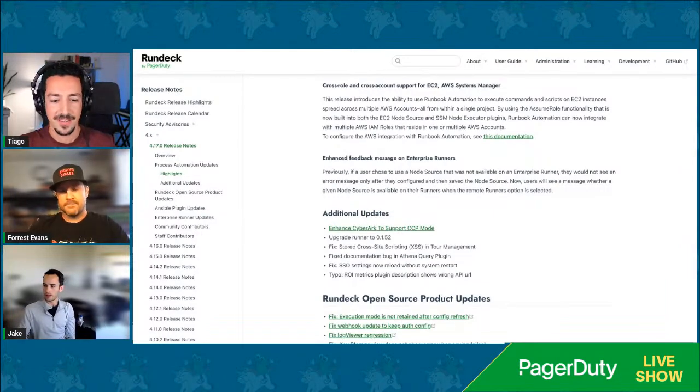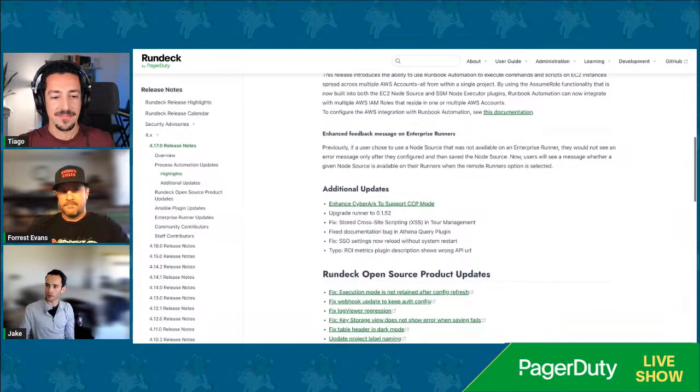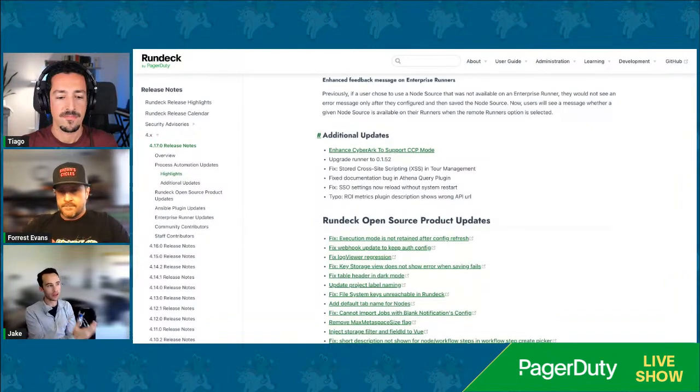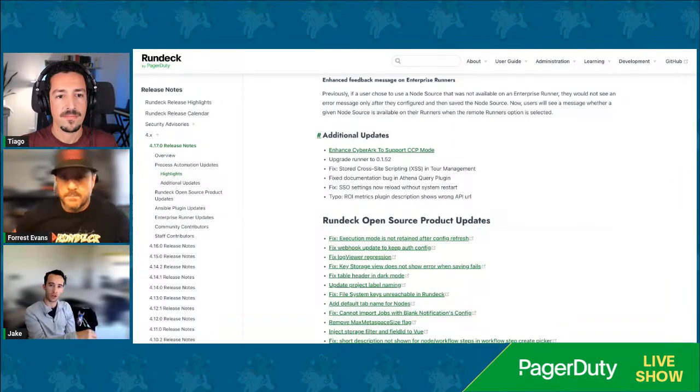Yeah. The last one here, this is the one that I referenced earlier, is more minor: the enhanced feedback on enterprise runners. This is for when you're using the runner to populate the node inventory by using the runner to query, again, self-hosted inventory. So you might have Ansible in your environment and an Ansible inventory file, or you're using VMware, and the only way to discover that inventory, especially if you're using runbook automation, is to have a piece of software in your environment talking to that inventory, and that would be our enterprise